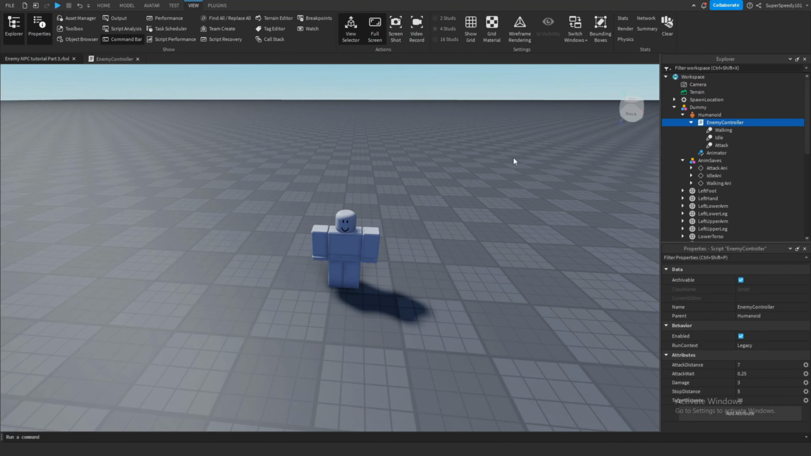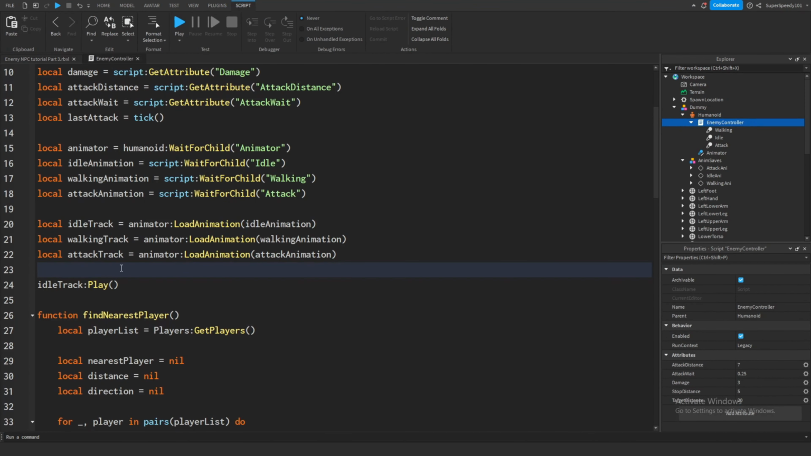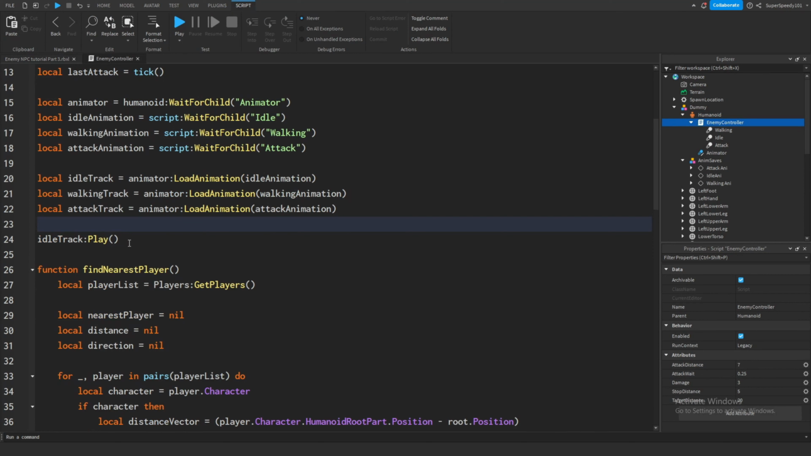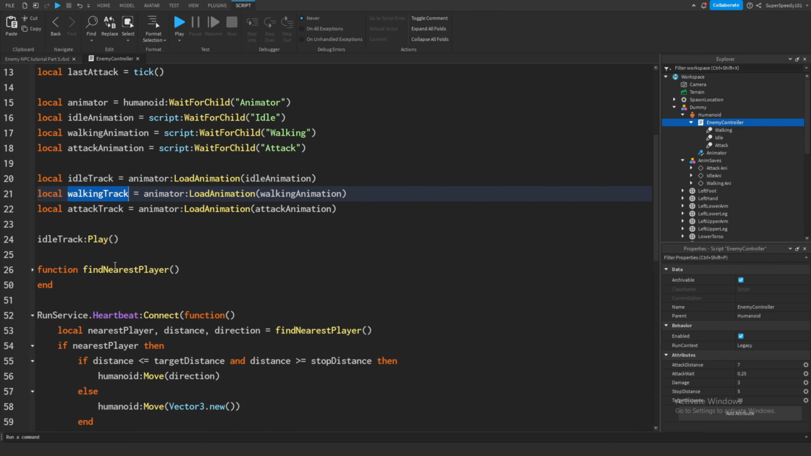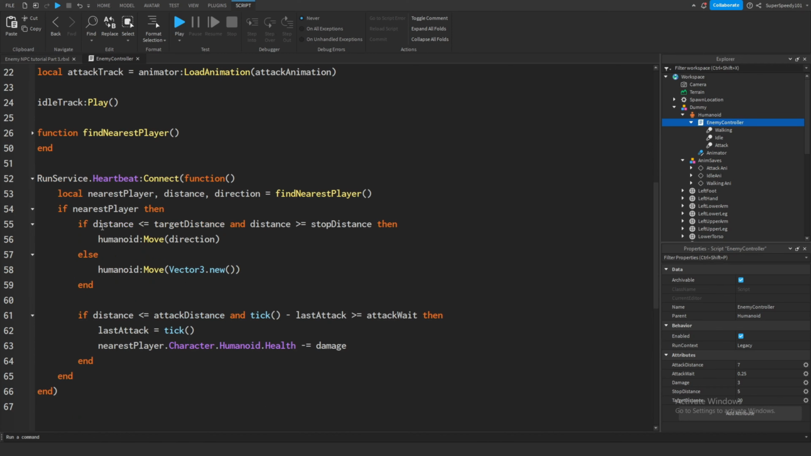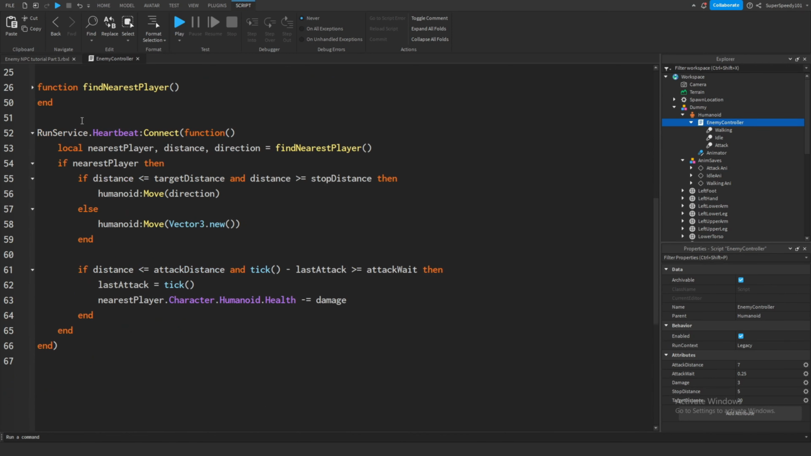So now we're going to do the harder animations that have a little bit more logic to them. Let's work with the walking animation. We want this walking animation to only run when the enemy NPC is actually moving. Well, luckily, let's hide this find nearest player function that we don't need to work with anymore. The code that actually makes the enemy move is within our heartbeat function. And this line here